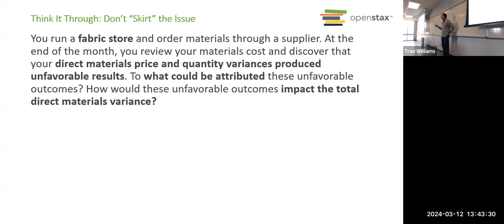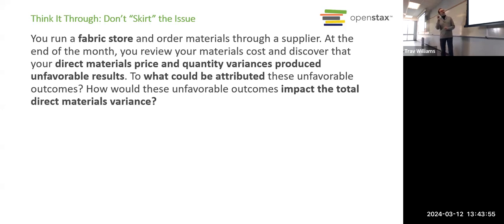Okay, maybe we've got a worker who's not doing a very good job and they're using more material than should be necessary. That's very likely. What else? It could be some type of machine that's not working right. Okay, machine's not working right. Maybe this material that we're getting is harder to work with than what we're used to, right? So there could be various things going on.